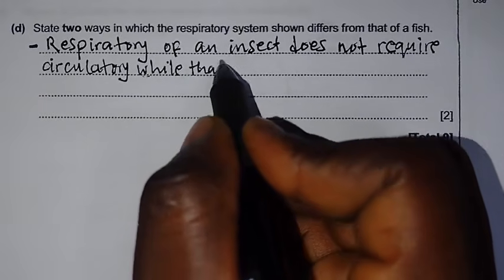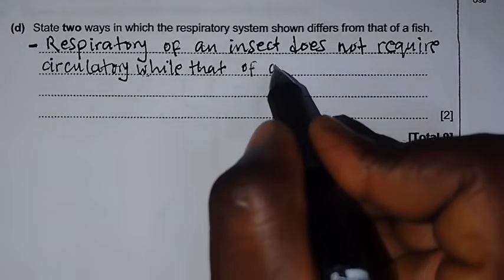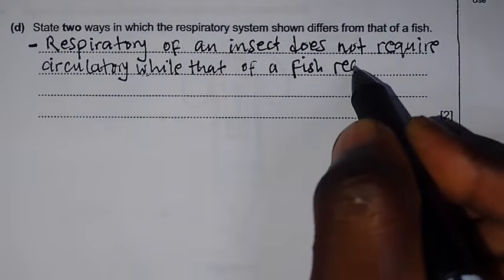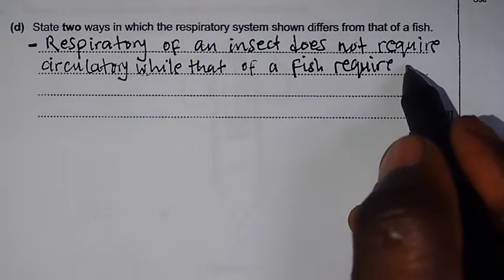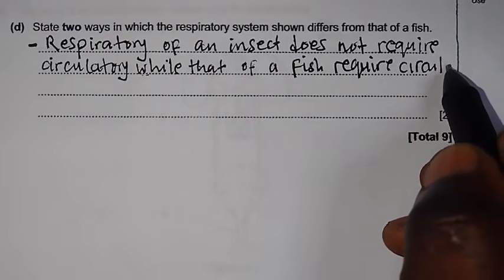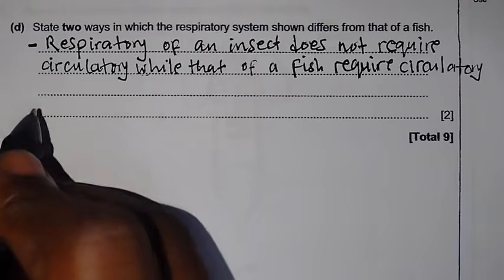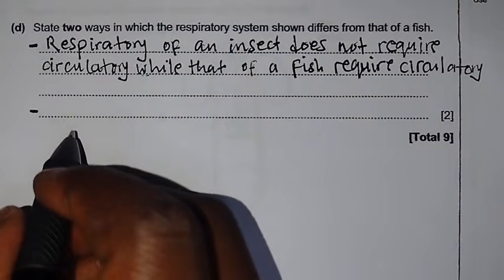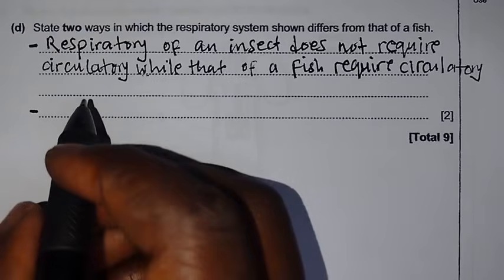that of a fish require circulatory. Okay, so this is point number one. Point number two, we can say the respiratory of an insect obtains oxygen from air, while that of the fish